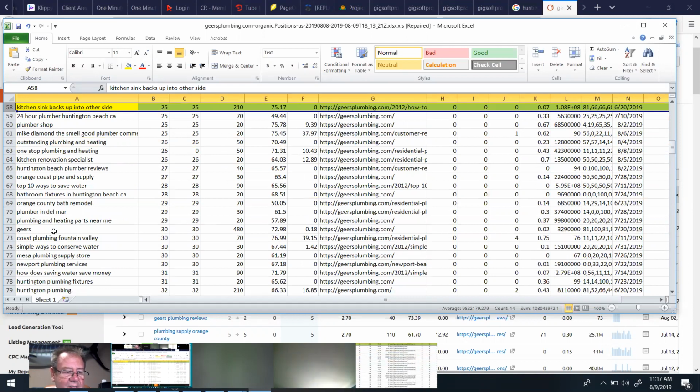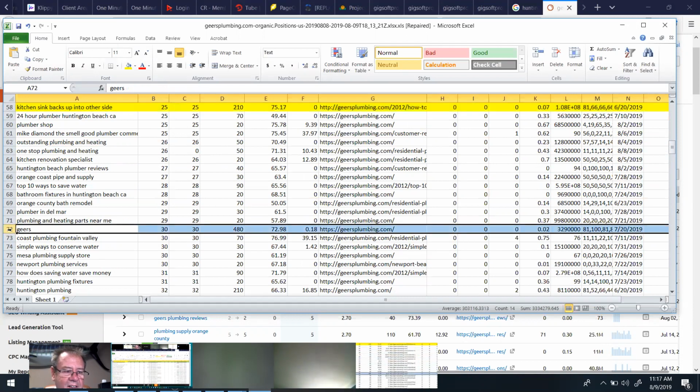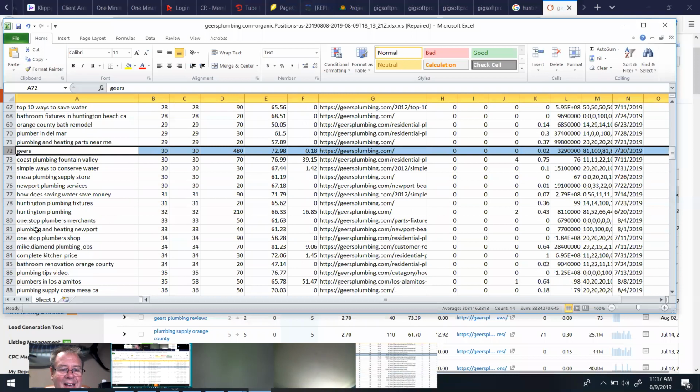Okay, look at this one here. Gears. Now, this is probably one where the numbers lie. There's 480 people a month looking for gears. This could be people that don't know how to spell gears and they're just coming up with their brand name. So I don't think I would take that as something I wanted to push.